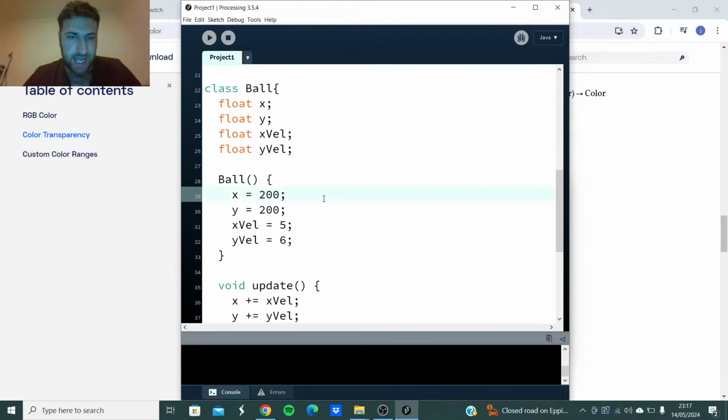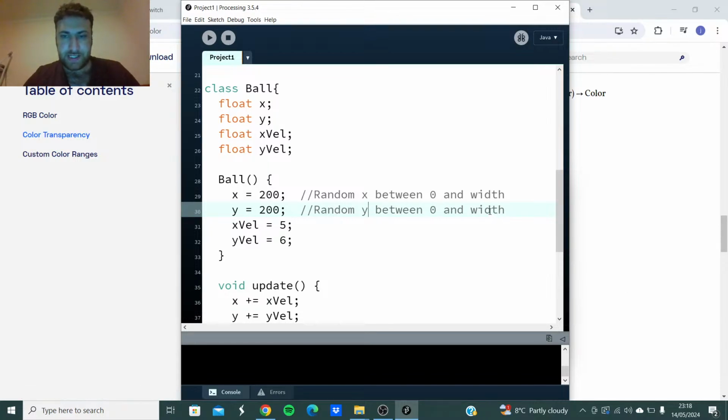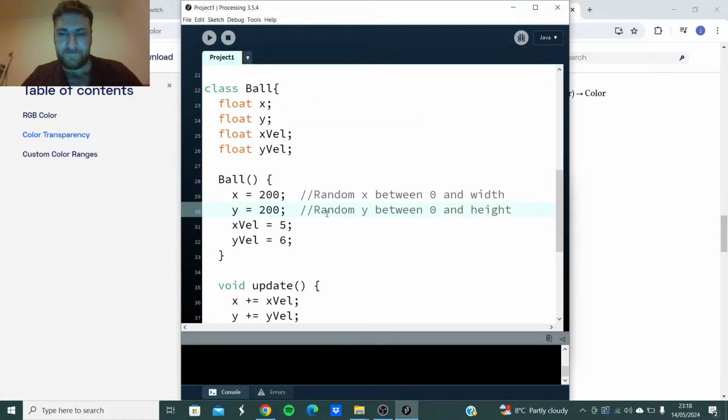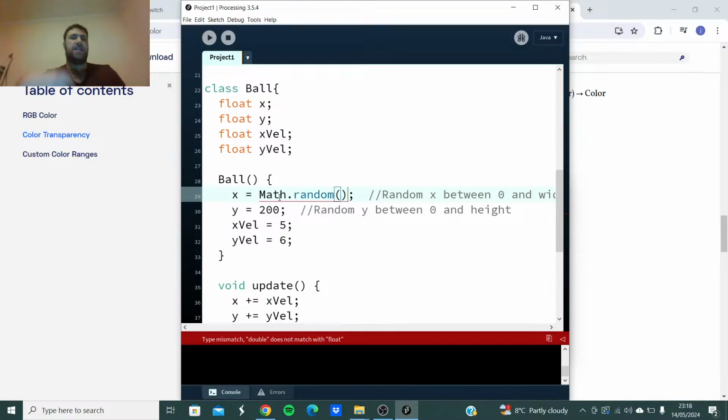So we want a random position, random x between 0 and width, and we want a random y between 0 and height. And so Java has an inbuilt math.random function, which generates a value between 0 and 1, inclusive on 0, not including 1. So what I can do is math.random times width,